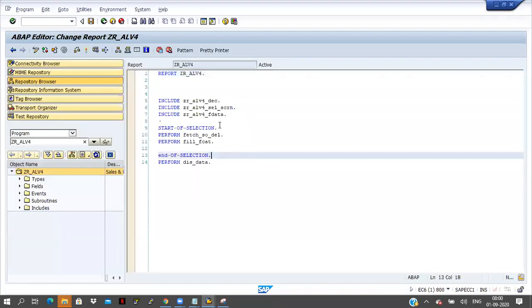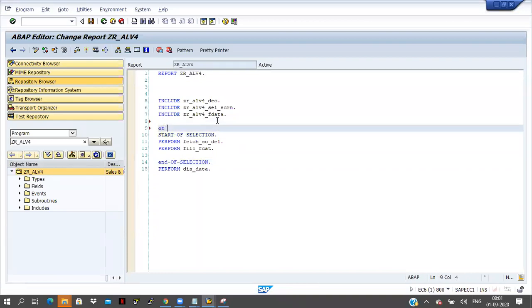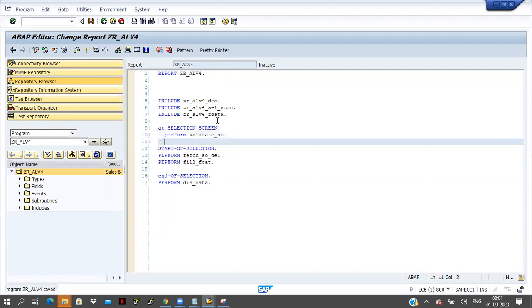So here at selection screen, I am taking perform validate SO.